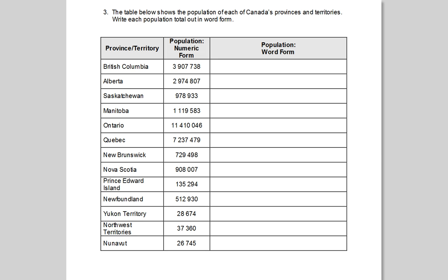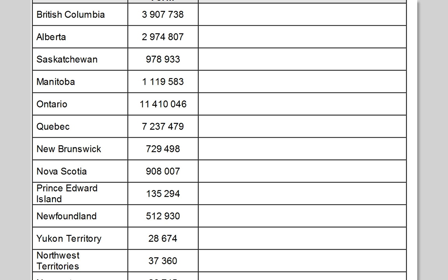Okay, so here we have all the provinces and territories, and it looks like some populations from some year they got the data from, and we'll just do a few, we don't have to do all of them. So which province has the most people? Ontario. Anybody from Ontario? There's usually maybe one or two. Nobody from Ontario? Okay, so let's write this number down. You might have to write small, it's a big number. 11 million. So the group after thousands is always the millions. So we have 11 million